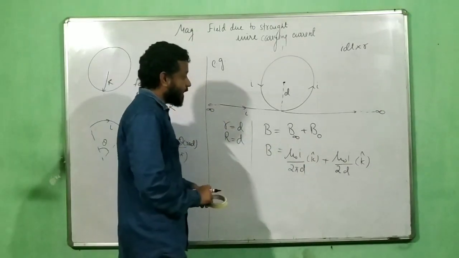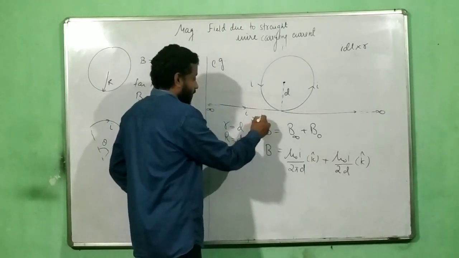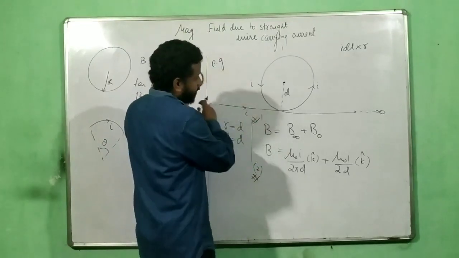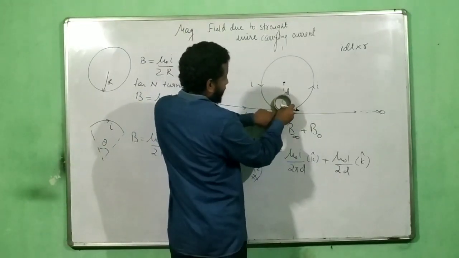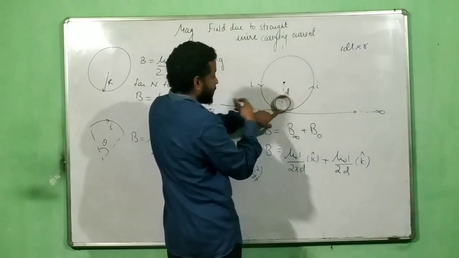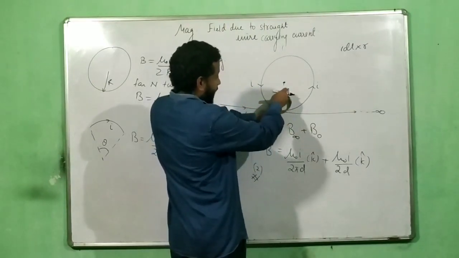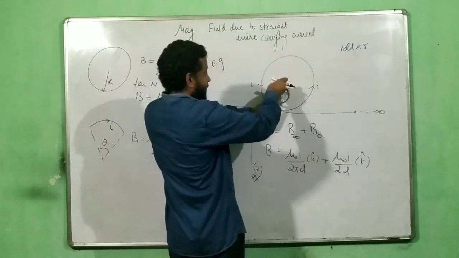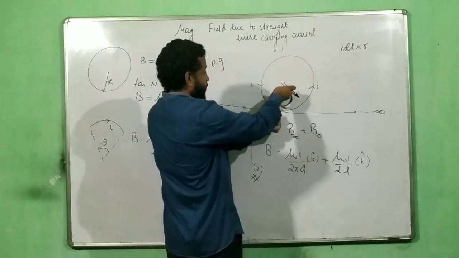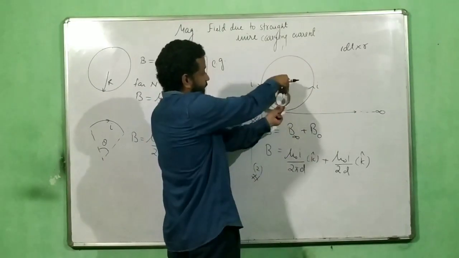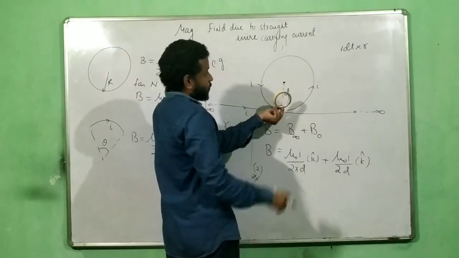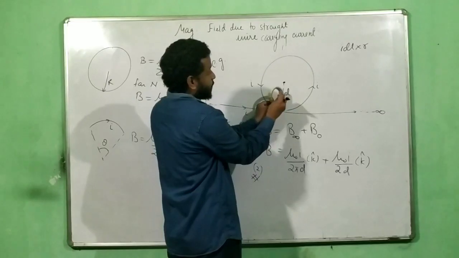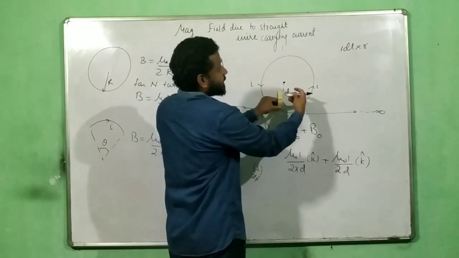Now here I generally ask this question also. This is example number 1, and then I'm just going to modify this. So I made this loop over here, correct? Now if I just put a hole, remember it's a wire, I can do that. If I put this junction and rotate this loop in this direction, holding it here and rotating like this, the field of the circular wire, which was earlier in this direction, will now point in plus i cap.